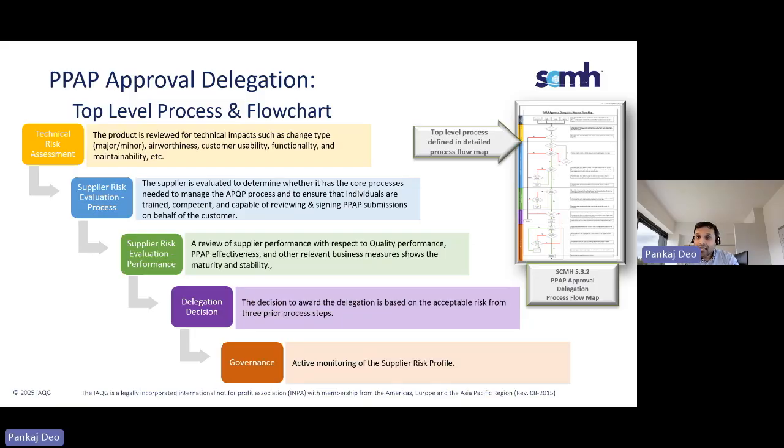Then the second factor that came to mind is, okay, what kind of processes does the supplier have, what kind of risk exists in the supplier's APQP process itself, what sort of infrastructure does the supplier have for developing a product from phase 1, phase 2, phase 3, phase 4, what sort of trainings do they have available, is the APQP embedded into their QMS system,